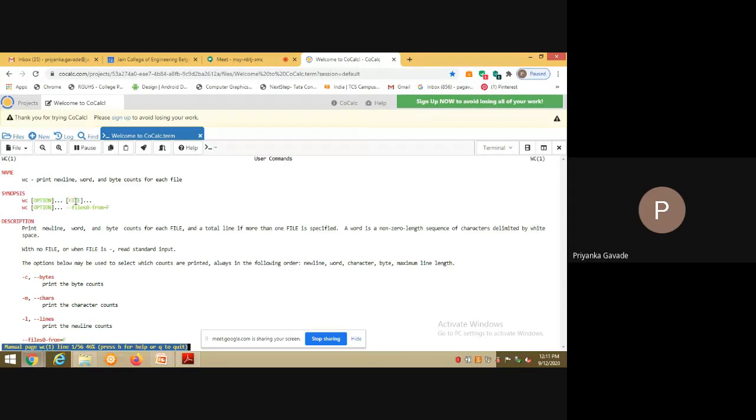And then followed by it, we have file, which is also within a set of rectangular brackets followed by three dots, right? So here, if a command's argument is enclosed in a rectangular bracket, then we say that it is optional. That is, it may be used, or sometimes it may also be eliminated, right?